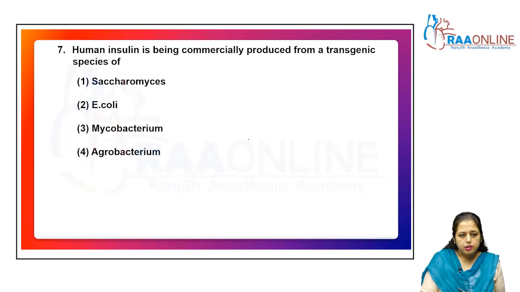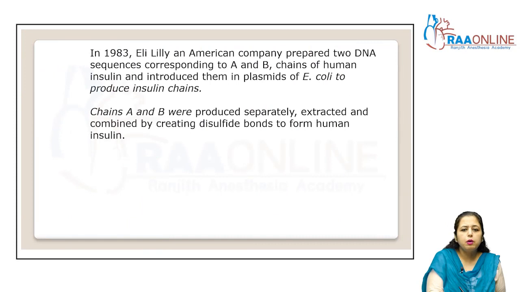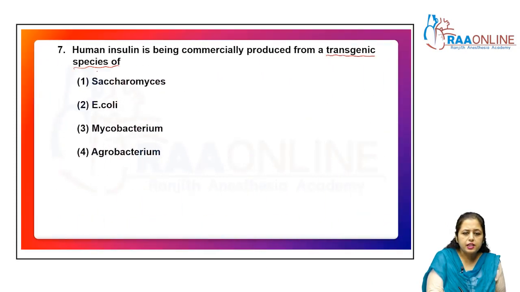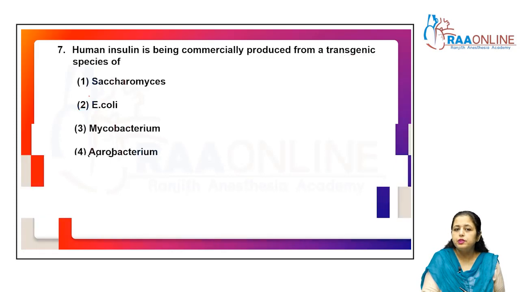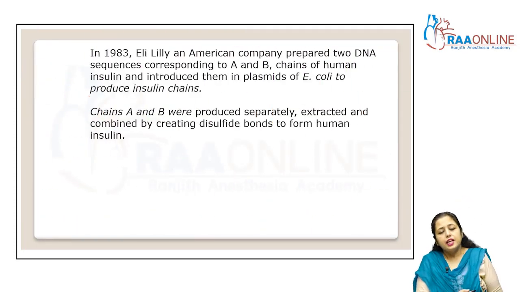Come to the next question. Human insulin is being commercially produced from a transgenic species. What is that transgenic species? First we have to know about that. The options are Saccharomyces, E. coli, Mycobacterium or Agrobacterium. So the answer is E. coli. In 1983,